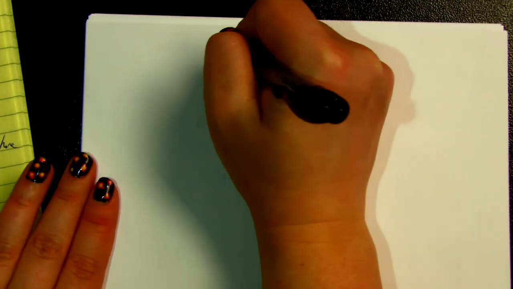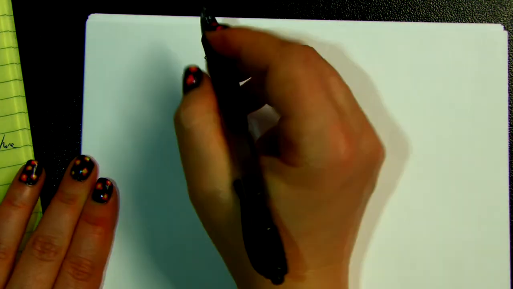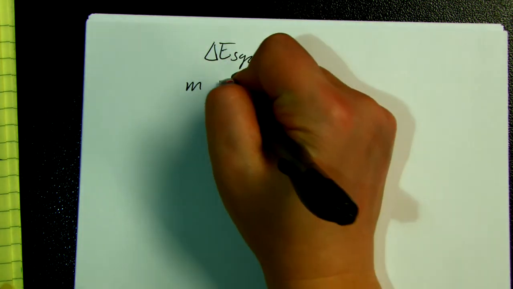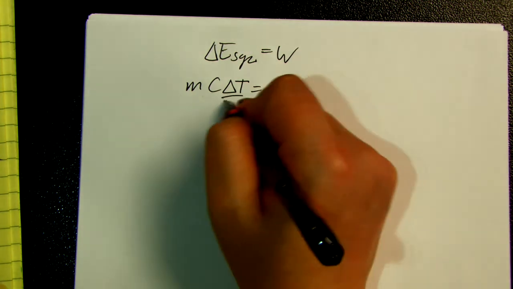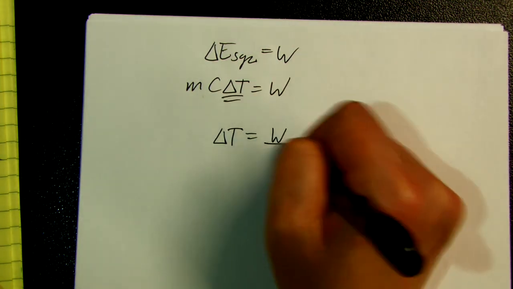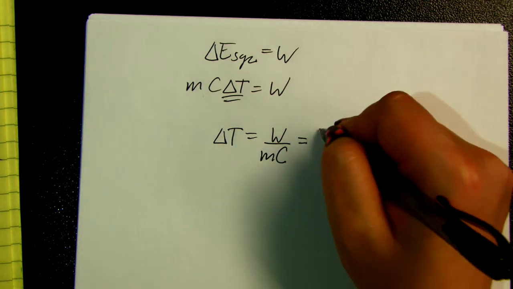So this is an energy principle system. The change in energy of a system is equal to the work being done. In this case, we know that we're dealing with a thermal change, so we're going to use mcΔT is equal to the work being done. This is what we want. ΔT is equal to work divided by mc, which is equal to